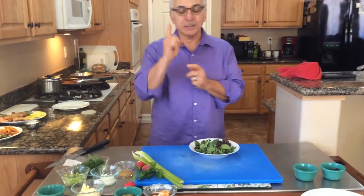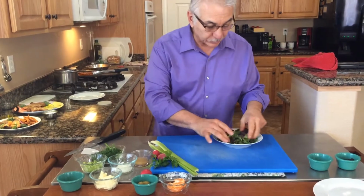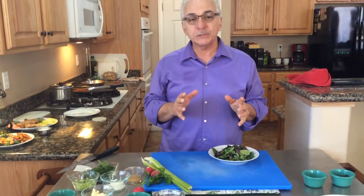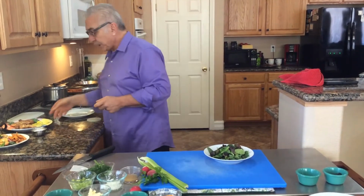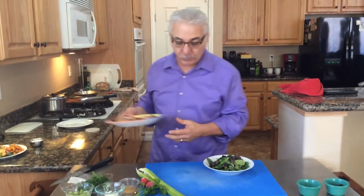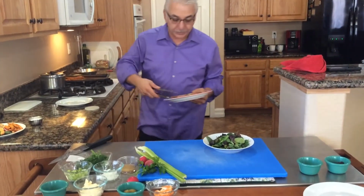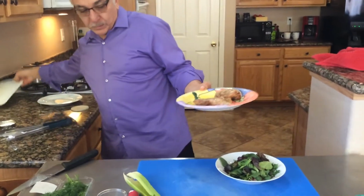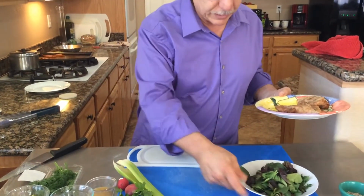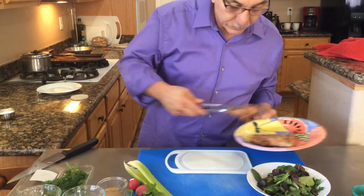Okay, so we're back and we're going to be doing the second dish that's a good time saver. One of the reasons it's a great time saver is because what I've done, as you can see, is I've prepared the chicken, and this can be for a few different days. You can grill chicken and put it in the fridge and keep it for the next day. Of course, the salad would always be fresh every day. So we'll take this piece of chicken here,